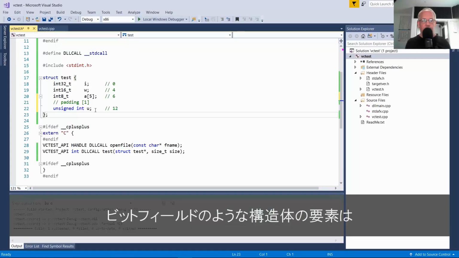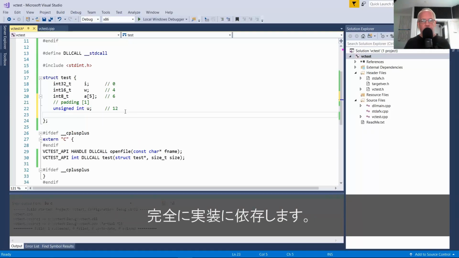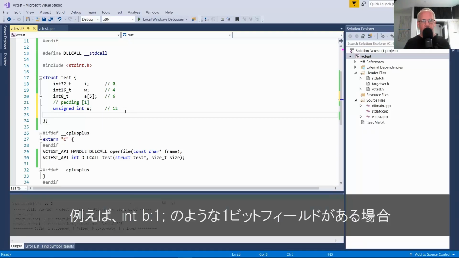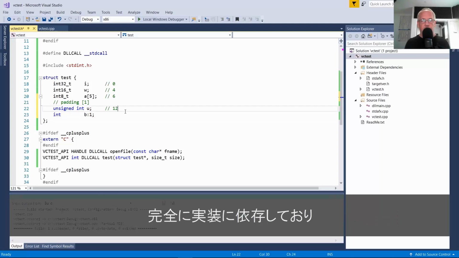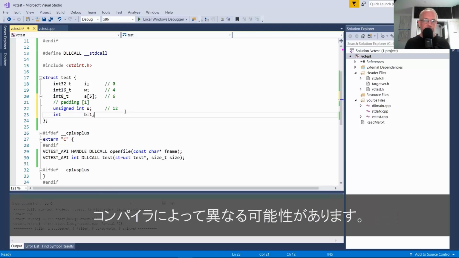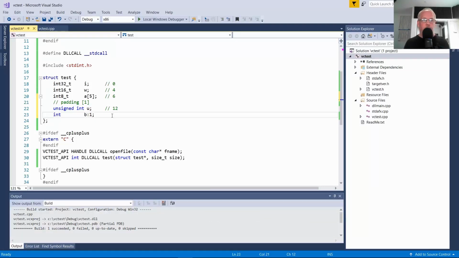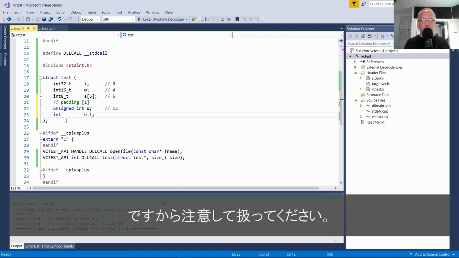Some elements of structures, like bit fields, are completely implementation dependent. So if you have something like int b:1, you're saying this is 1 bit. How that bit is actually stored, represented in the structure, is definitely implementation dependent, and you may see differences between the compilers again. So tread with care.